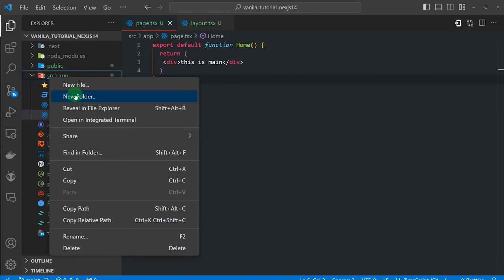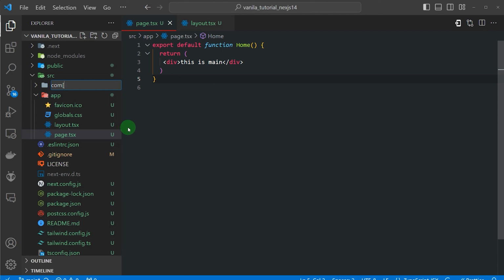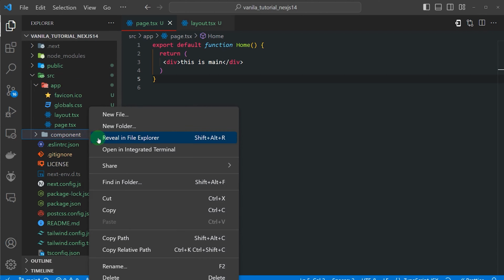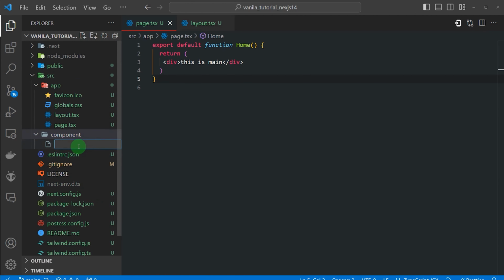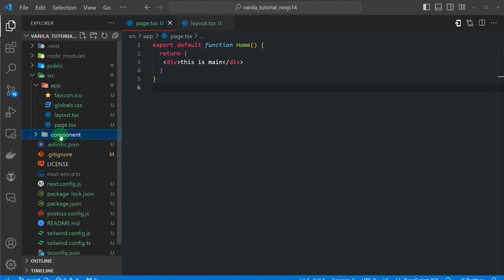So you could put, say, a component folder like this, and then you can put any reusable components here. But these components will never be recognized as a separate page because it's not under the app folder. For now, let's just leave it as an empty folder.